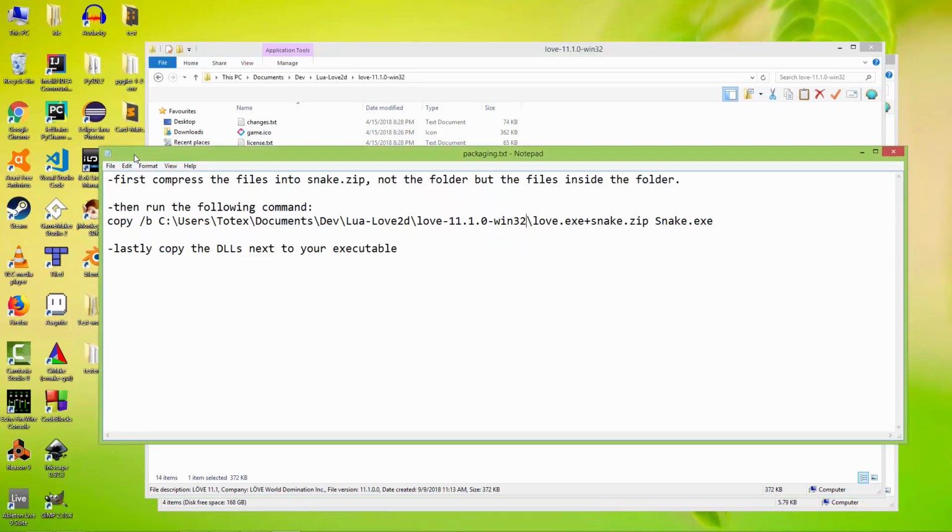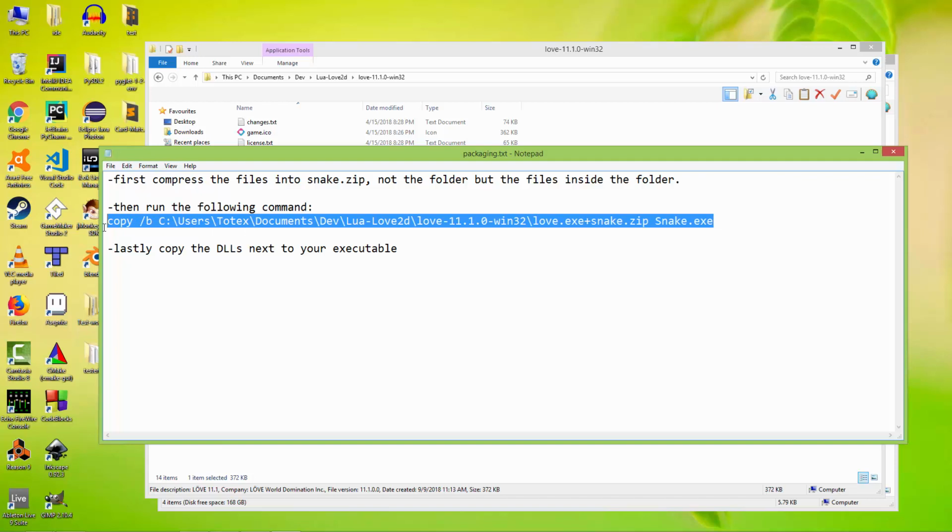So that's why I'm pointing here to the path to love.exe. And then I'm adding to it the snake.zip we just created a few minutes before, and it will create a snake.exe. So now I'm going to copy all of these,